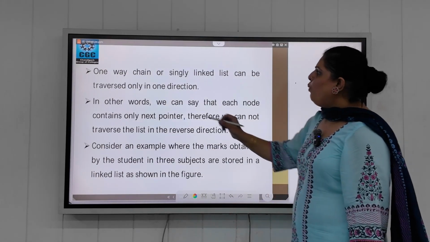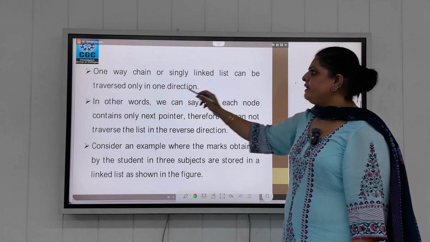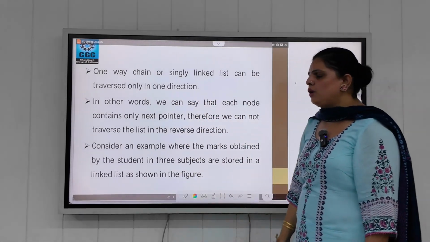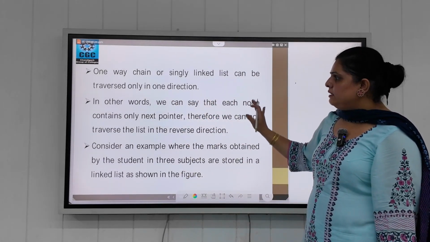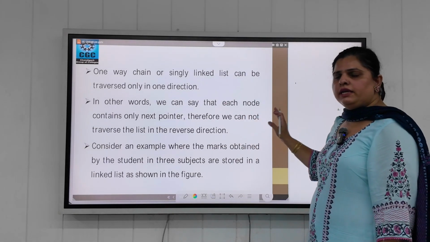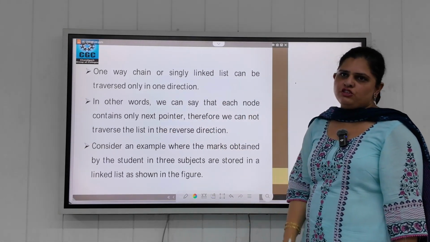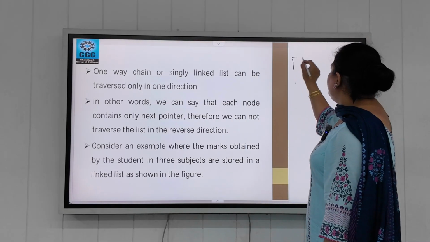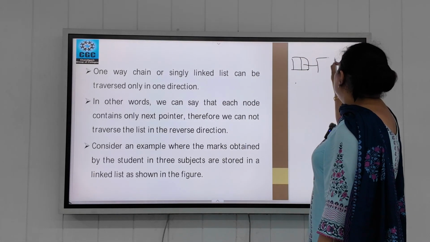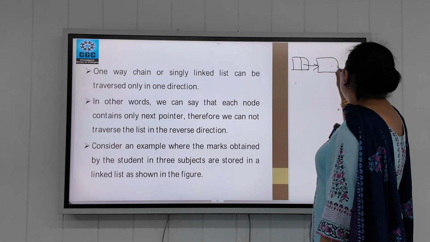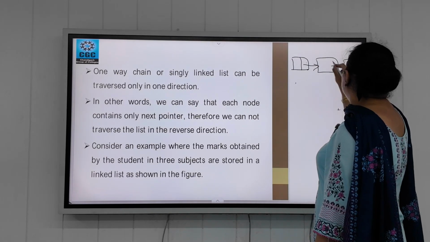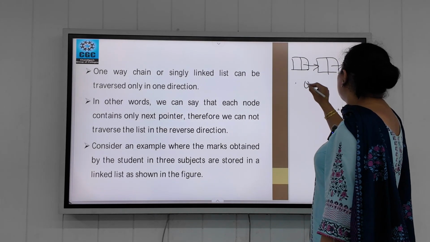Next, we have one-way: a single linked list can traverse in only one direction. As we already discussed, in single linked list we can traverse only in one direction. So we can say that each node contains only the next pointer. Over here we have a node, and every node can point to the next node in one direction only.